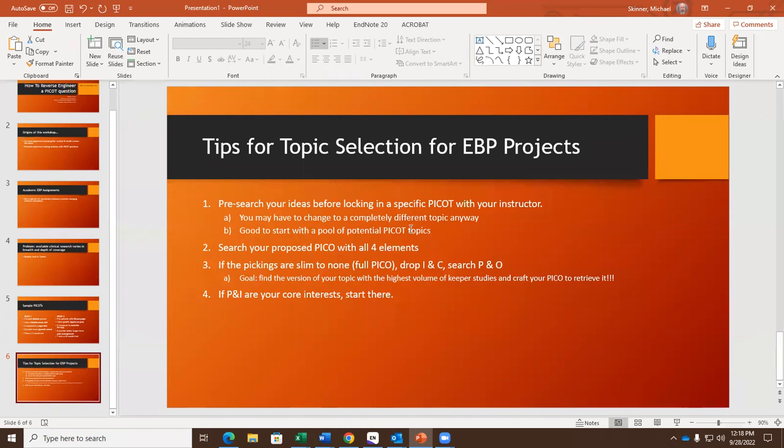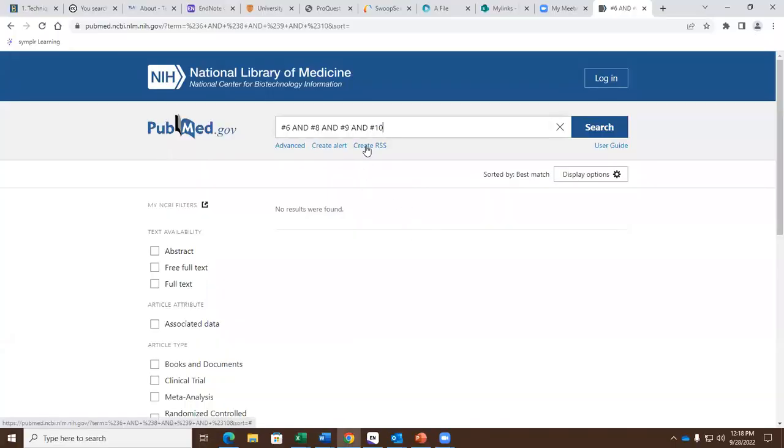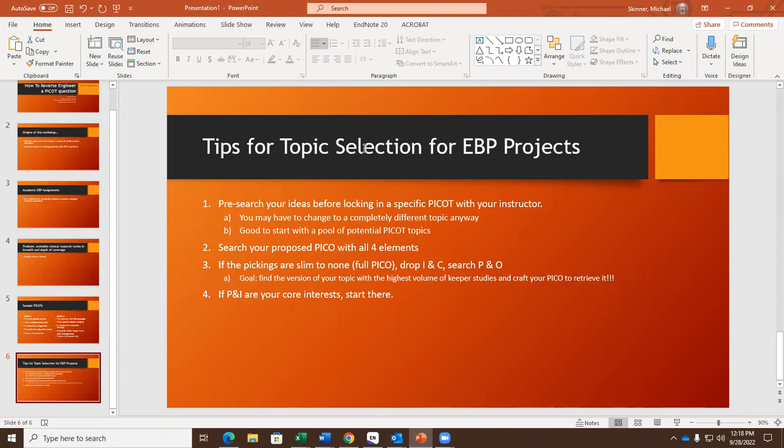And then as part of your pre-search, you want to go through and search all 4 of your PICO elements, just as we did just now. That's how you find out, okay, this really isn't working out so well, I need to make some changes. At this point, when you find yourself where we just found ourselves with our fibromyalgia search, where you got nothing, what I usually do,